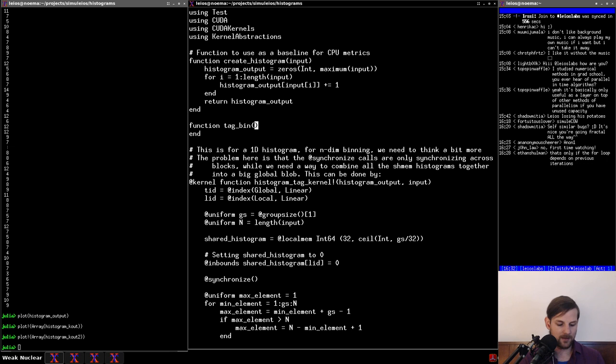Okay, so let's do tag bin, and let's make sure we have the appropriate values here. I think this is an exclamation mark as well. And so we're going to do shared histogram. Then I believe it was input, and then it was